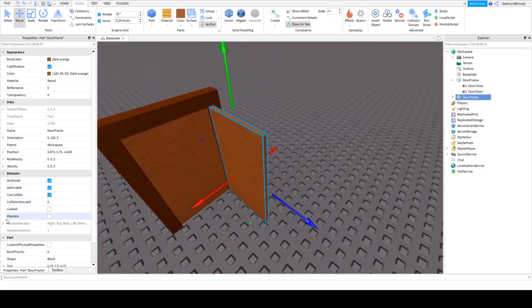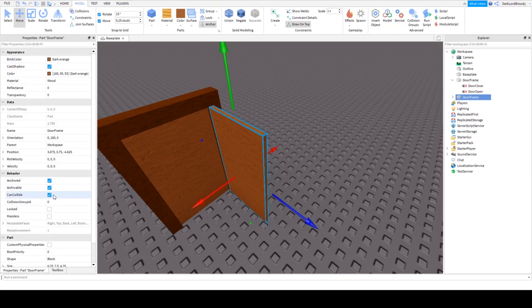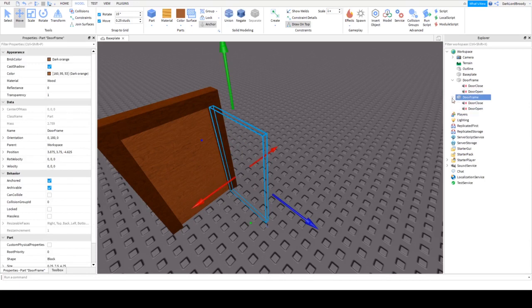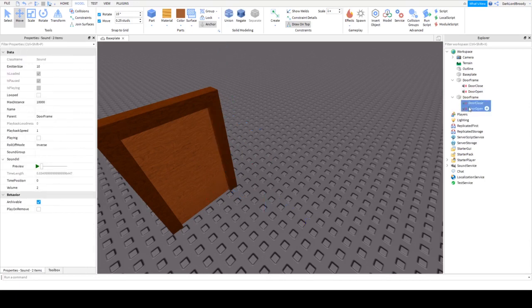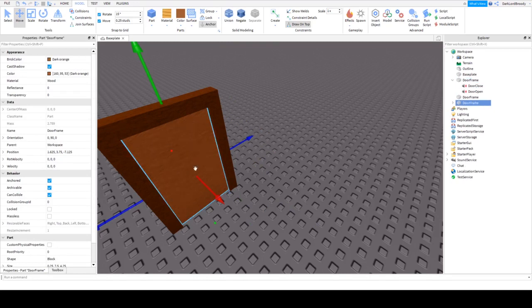And then this is where you're definitely going to need properties now. Again, it's in the view and then properties right there. So you want to set can collide right here to false, and then set the transparency under appearance to 1. Now you can't see it. Now, the door frame here that we made, we want to remove both of the audios. So there's the door frame. Now, we want to Control D the door frame right here again one more time, but keep it there, remove the audios again,